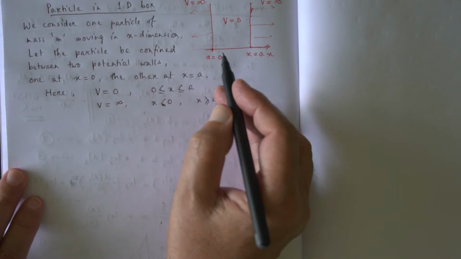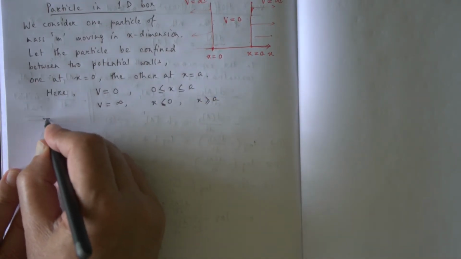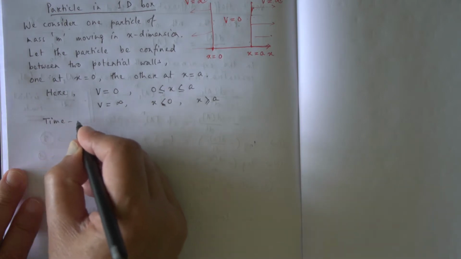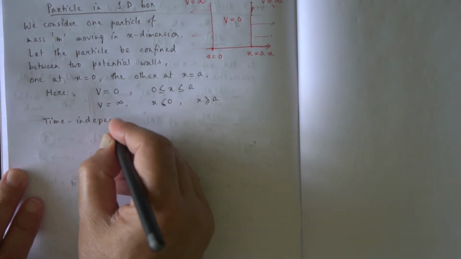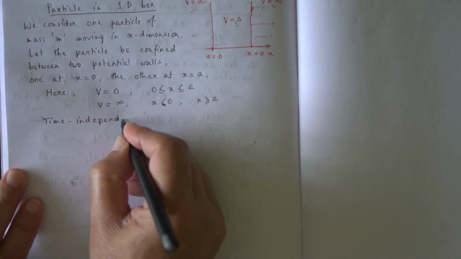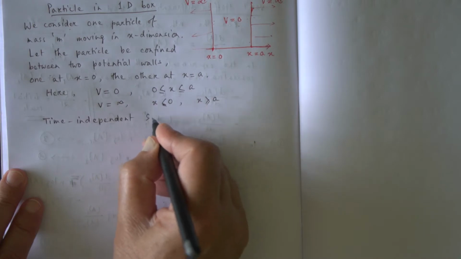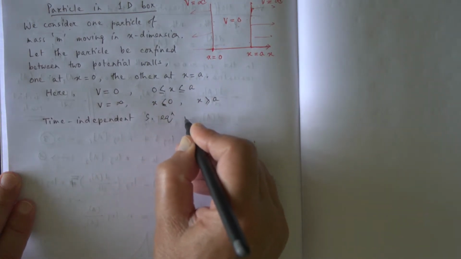What is the Schrödinger equation? The time independent Schrödinger equation for the particle is